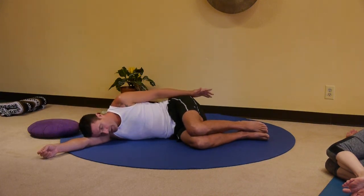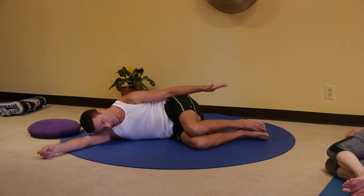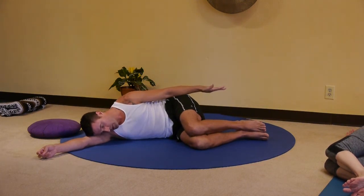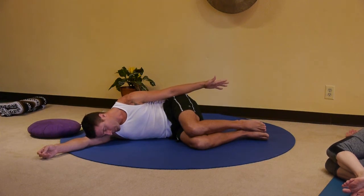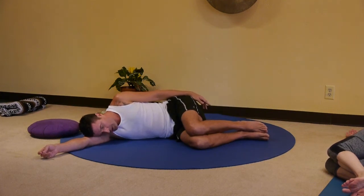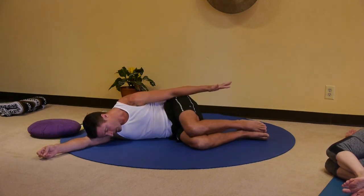And let's change it up then. Reach your arm down your side body so you're shortening your waist and your hip is tipping towards your armpit, and then come back to neutral. There's a tendency that the head wants to lift off the ground. See if you can just keep your head down and just squeeze underneath the armpit towards the hip. Use your abdominal muscles a little bit, and then come back to neutral. So this is all about shortening your side body. On the left side, the hand is just gliding down your body, or your arm,